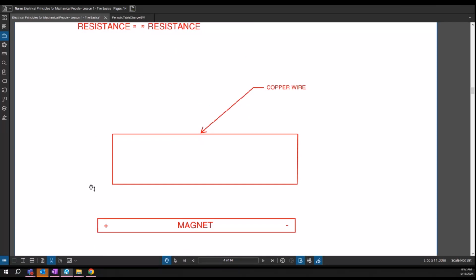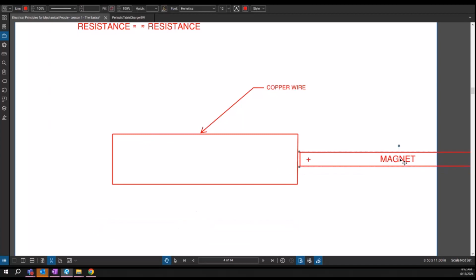Like I said, asking you questions. All right, so now I've got a loop of wire, right? One solid loop. I tied the ends together. Now when I move this magnet here, which way do the electrons flow? To the right. Right. What about on the bottom? Which way did they flow? They flow to the left,